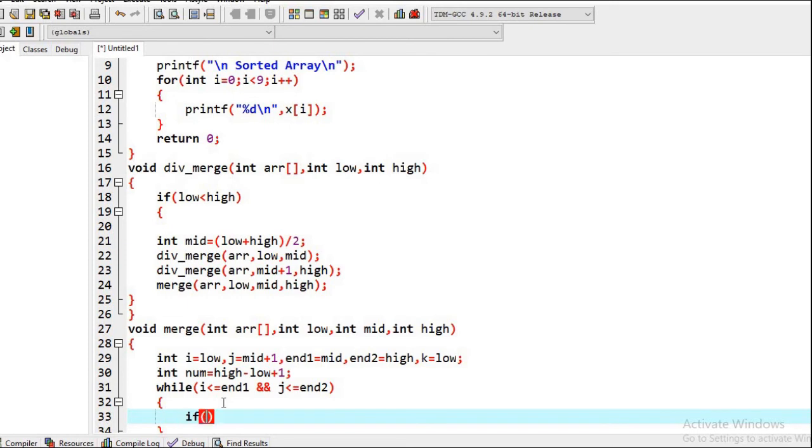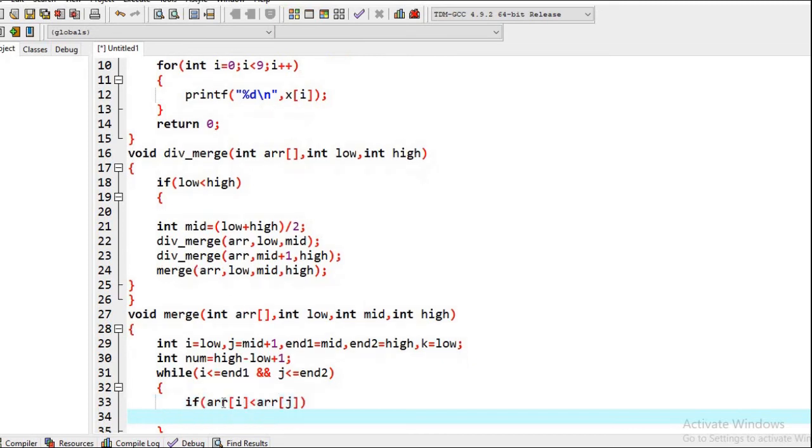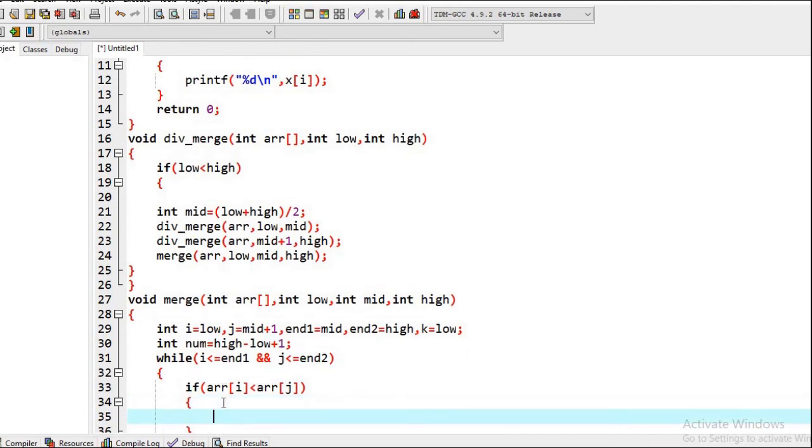And what were the conditions? If array i is less than array j, then we have to copy into the resultant array.